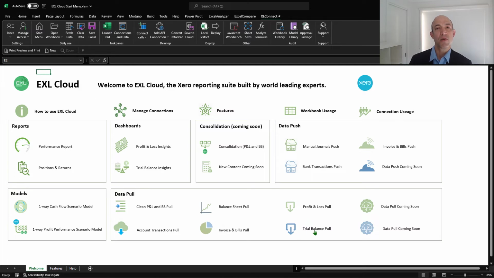We're going to be releasing more data pools as we go along. So if you want to have an influence on what we're going to be doing, perhaps you can use the survey to vote. On the push side, we have the manual journals push, which allows you to push a manual